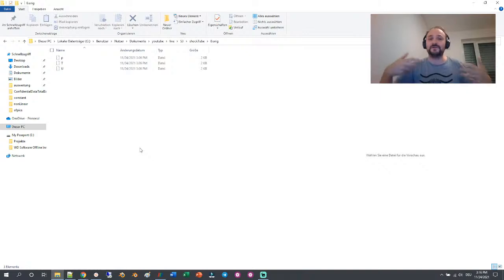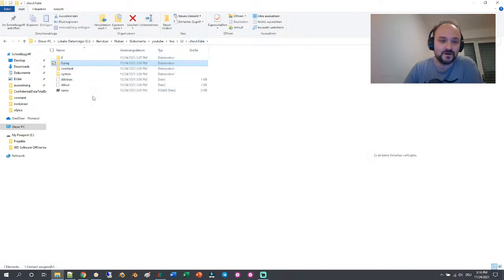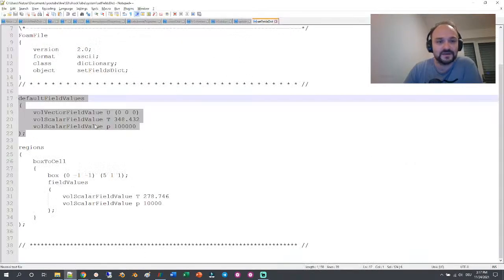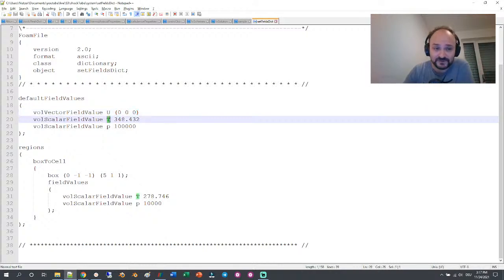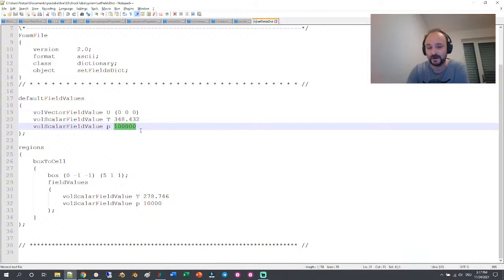If we screw something up, then we can just delete the 0 folder and we can just redo setFields with our backup files. Okay, so what do we do? So for the velocity, we still take the same velocity values, but for the temperature, we use a more physical value of 348.432 Kelvin